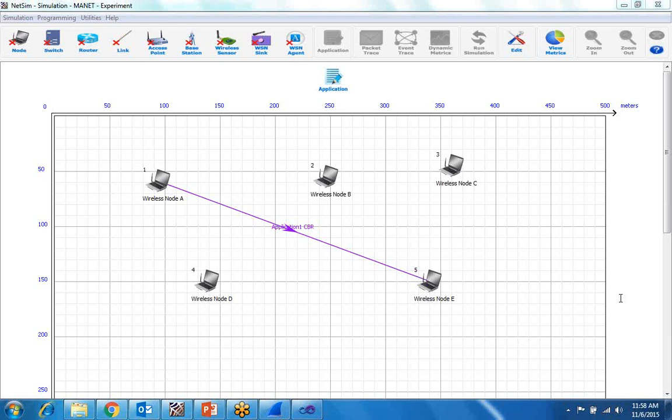This will have 6LoWPAN, that is IPv6 running on the sensor side. The sensors will communicate to a 6LoWPAN gateway, and then in turn communicate with the cloud. So you will have the entire IoT simulation that can be done with NetSim.